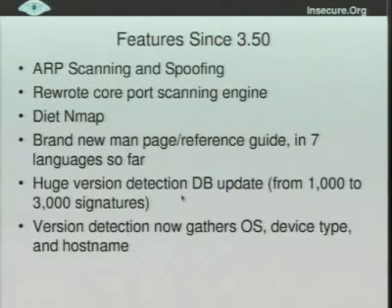a Mac, you can say --spoof-mac Apple, and Nmap will use Apple's OUI and MAC prefix and make up a MAC address, and if someone sees the scan, you can just point to that guy. It's an Apple Mac. I rewrote the core port scanning engine to be more efficient. Diet Nmap was version 3.95's effort to reduce memory consumption in very large scans. I wrote a brand new man page and reference guide that's already been translated to 7 languages, and there are